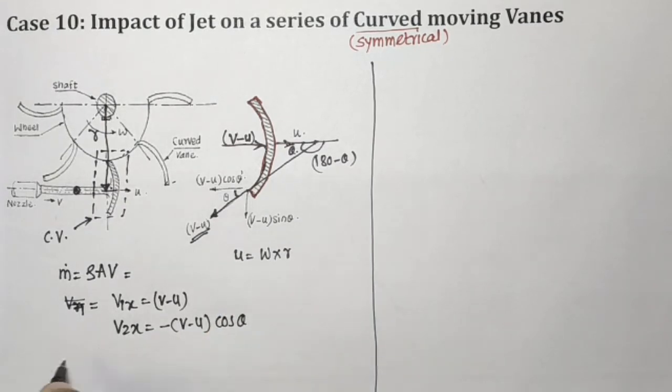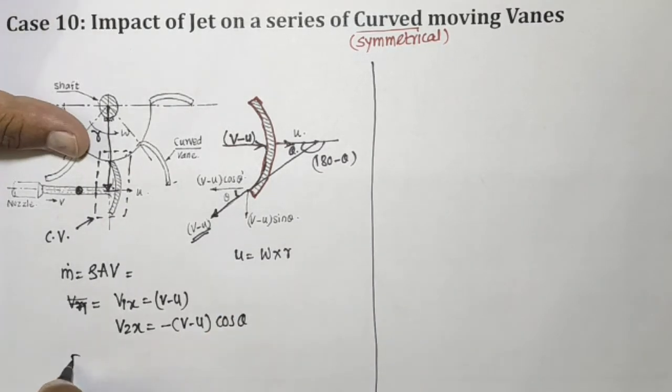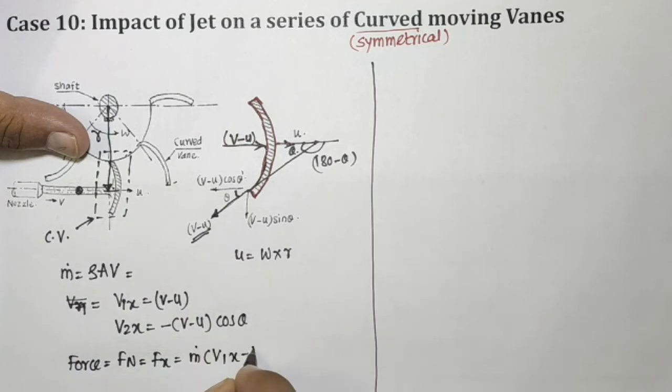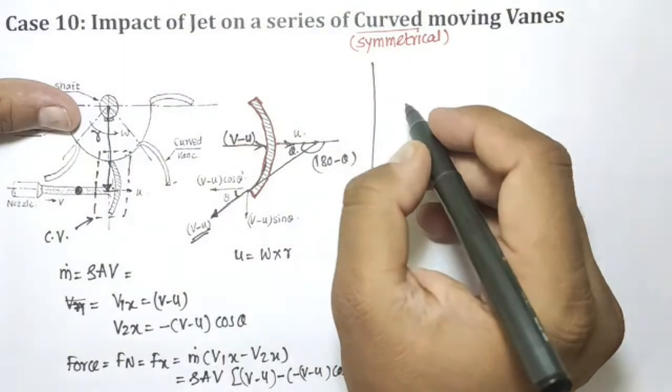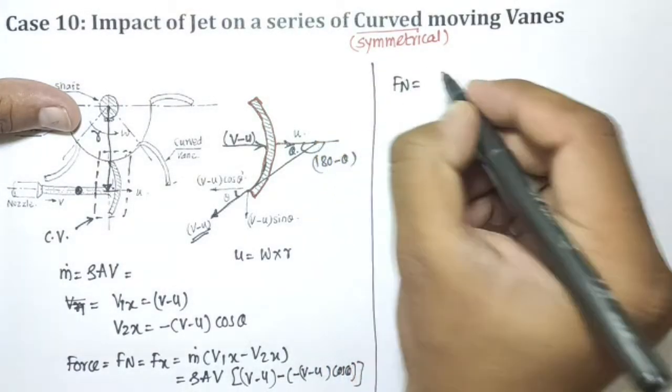Okay, so force Fn or Fx is equal to m dot into (v1x minus v2x), and m dot is equal to rho a v, in bracket (v minus u) minus of minus (v minus u) cos theta, bracket complete, and it will be written as Fn is equal to